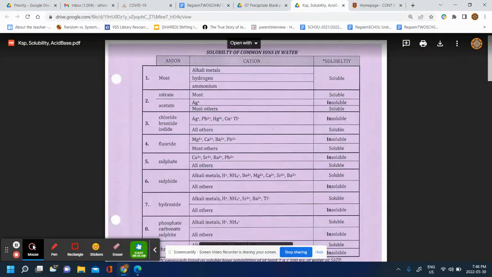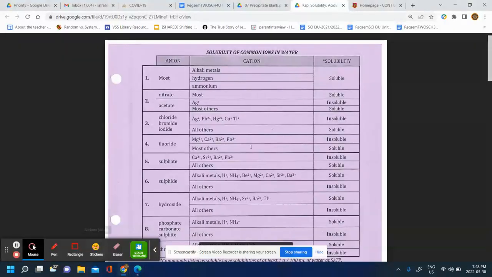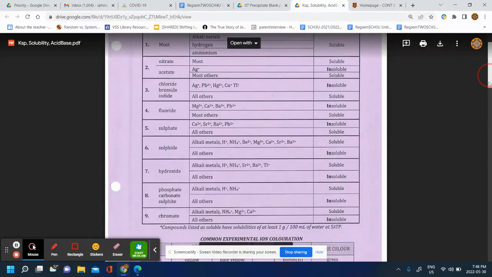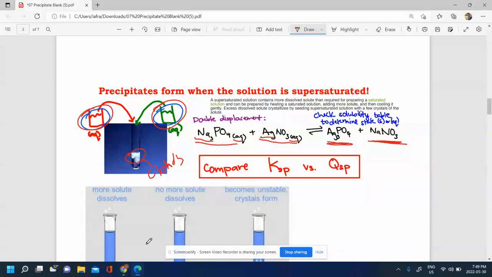But essentially, we take a look at the anion in our compound that we're interested in. So let's look at the phosphate. So this is silver phosphate. So we're looking at the phosphate as our anion right over here. And it says for phosphates, and all these ions here, alkali metals, H plus and NH4 plus, soluble, all others insoluble. So we're with silver. That does not fall under these categories here. It's under all others. So that means that the silver phosphate is insoluble. So it's a precipitate. So this is actually the silver